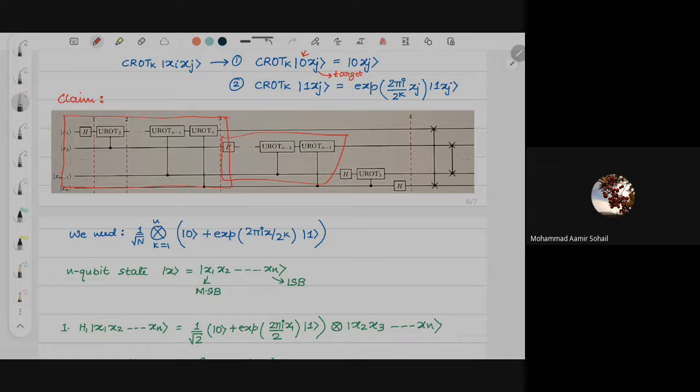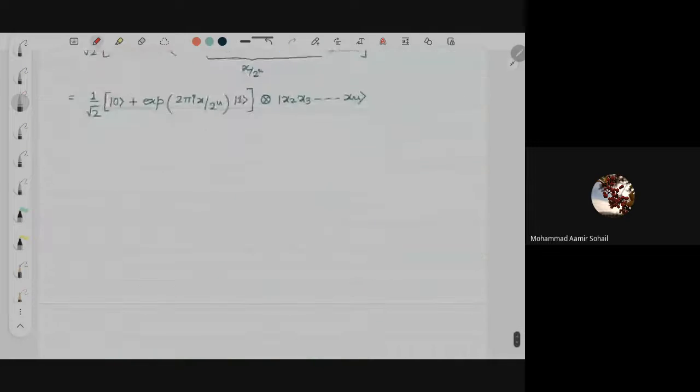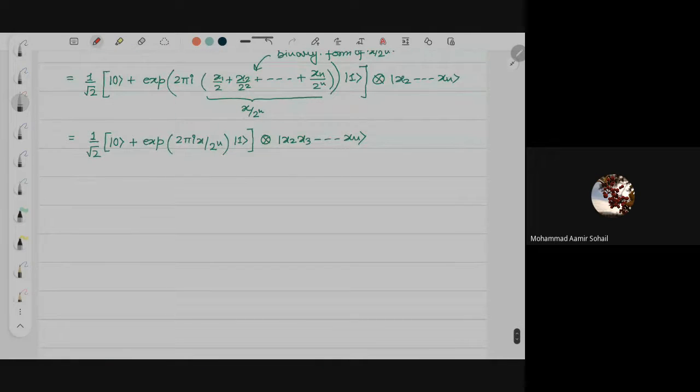You start with the Hadamard on the first qubit, and then you apply the control rotation on the rest of the qubits. Then you apply the Hadamard on the second and do this control rotation on the rest of the qubits, and similarly till we reach the last qubit, where we apply the Hadamard on the last qubit. So seeing the structure here, what we can guess is